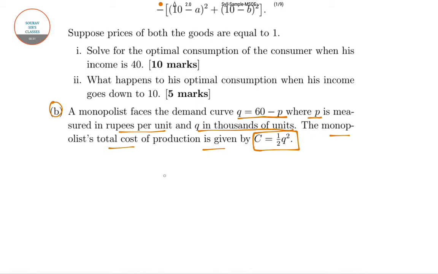So we know the monopoly faces a demand function which is given as Q equals 60 minus P, and the cost function is given as Q square by 2. So from here what we know,